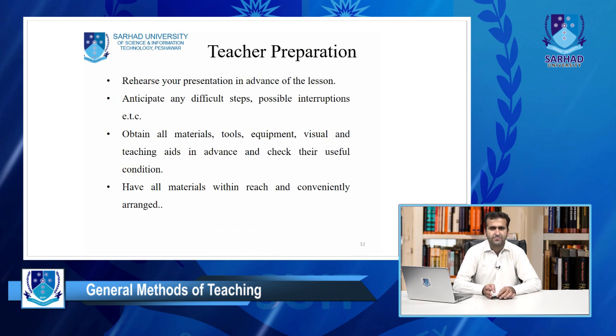After this, we are going to move towards another important topic, which is called teacher preparation. Now, what do we mean by teacher preparation? As a teacher delivering his or her lecture, before coming to the class, the teacher needs to prepare a script. The teacher needs to realize what I am going to teach,